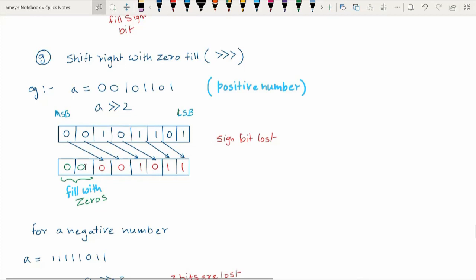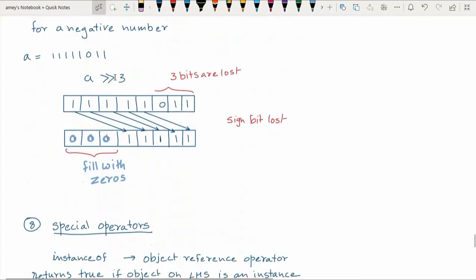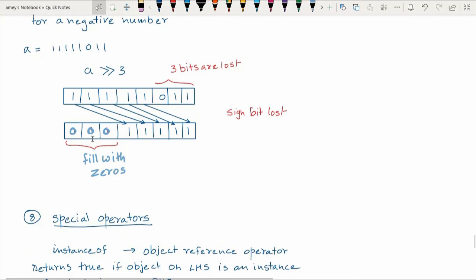vacant places here are filled with zeros, not because it's a positive number, they are just filled with zeros, not the sign bit. Now for a negative number also, after shifting these values, you see the 3 vacant positions are not filled with the sign bit 1, they are filled with zeros only.